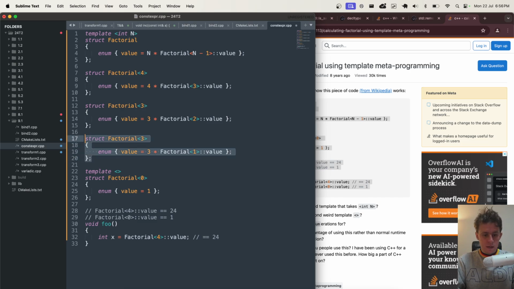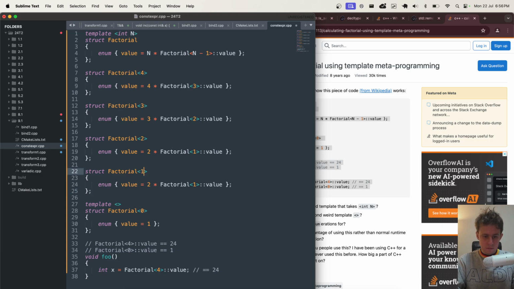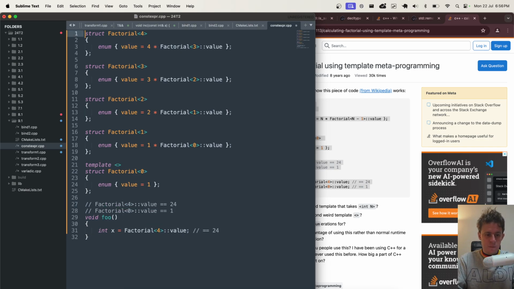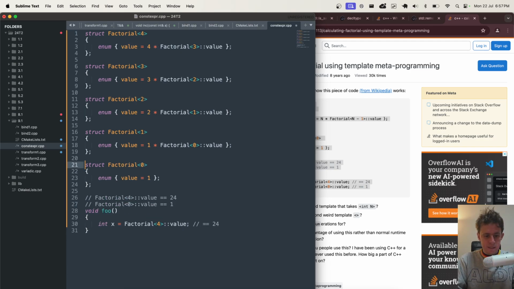Essentially, it goes down and down and down till you get to factorial 1, where it says we need a factorial 0, but then you've hard coded in, using explicit specialization, what a factorial of 0 even is. And now your compiled program ends up looking something like this, where at runtime all it has to do is quickly punch those values together. Actually, it should do it at compile time because it can pull that together.